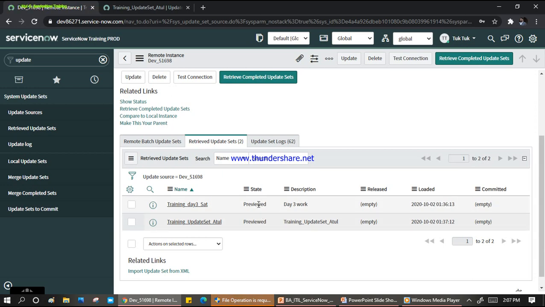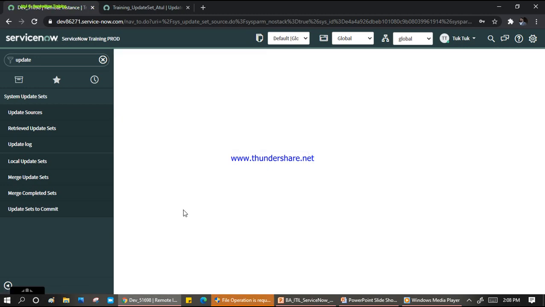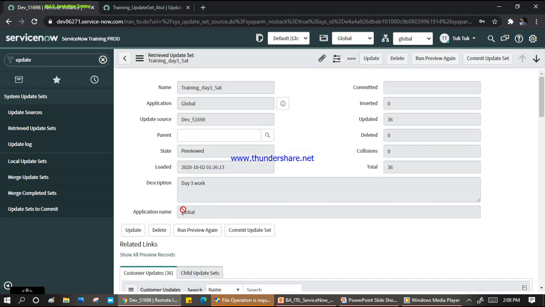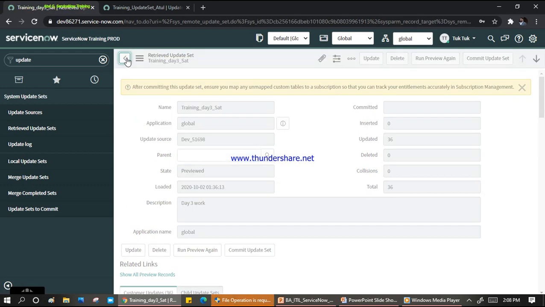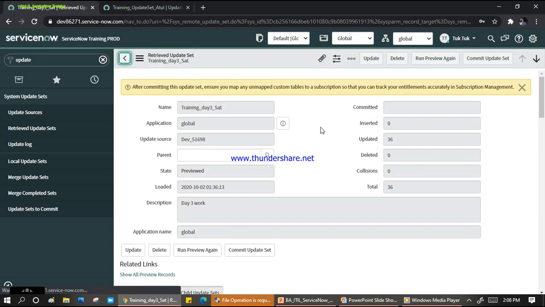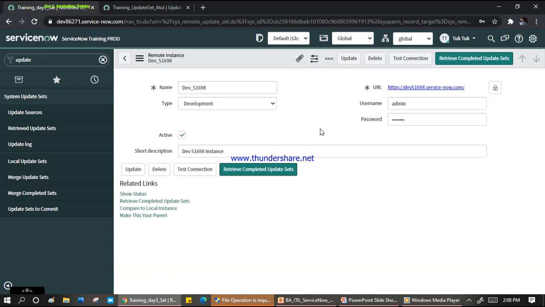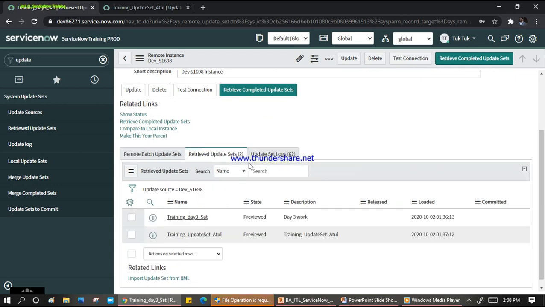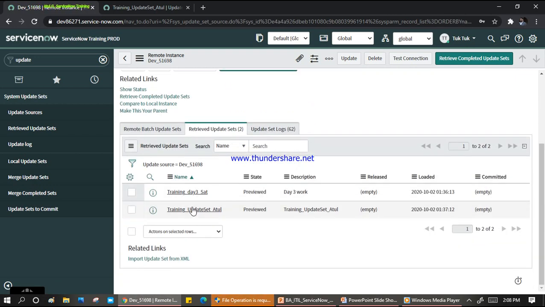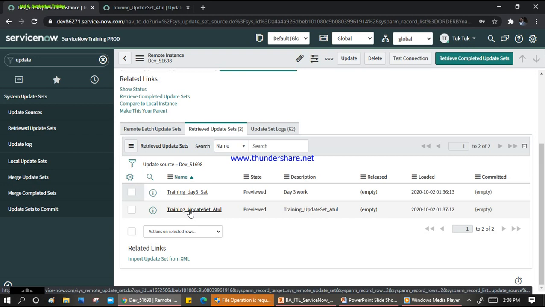Why? ServiceNow gives you the opportunity to see that everything coming from X to Y instance is not impacting anything in the target one. I click here on the update set. I click on my update set here. Sorry, I picked up the wrong one. Let me click my update set demo. This is my previous one. Okay, this one, right? This one we created just now. Click on this.